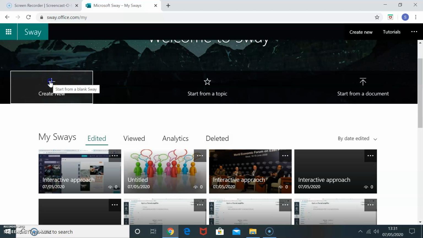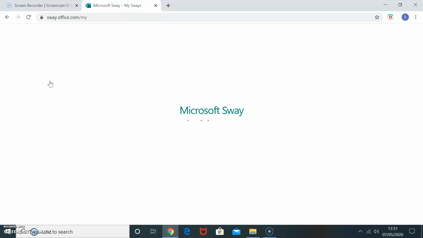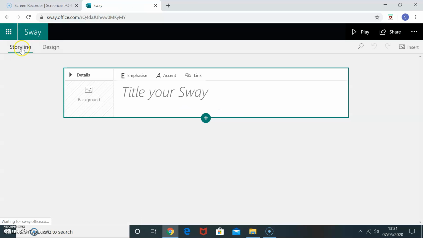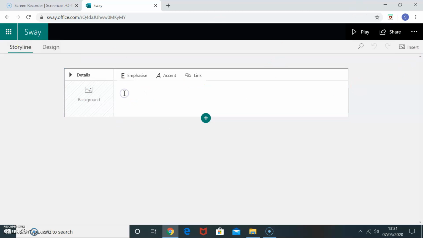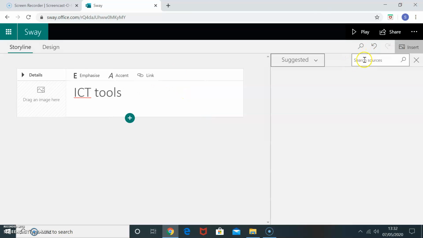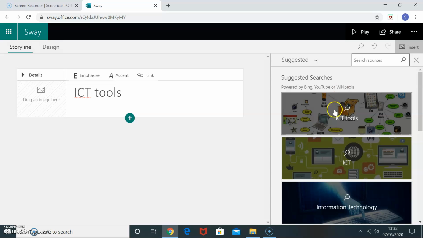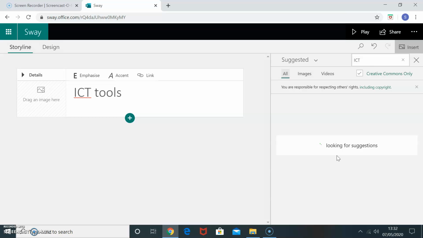First we'll go for create new. Once you open create new, you will have two options, storyline and design. First, storyline. This is the first slide, and I can give my title like ICT tools. Even for the background related to the title, I can give an image. I can provide some ICT tools image.